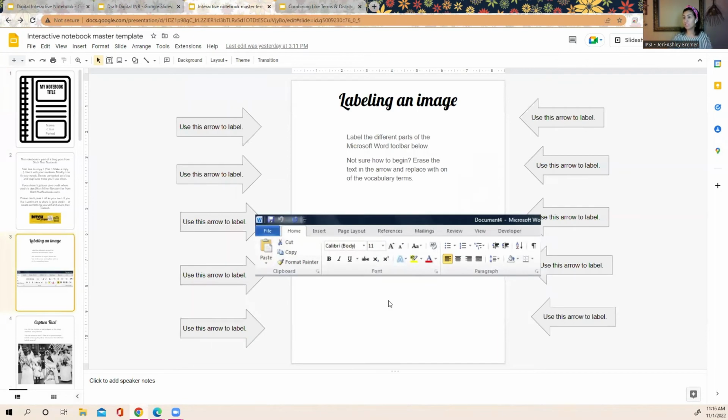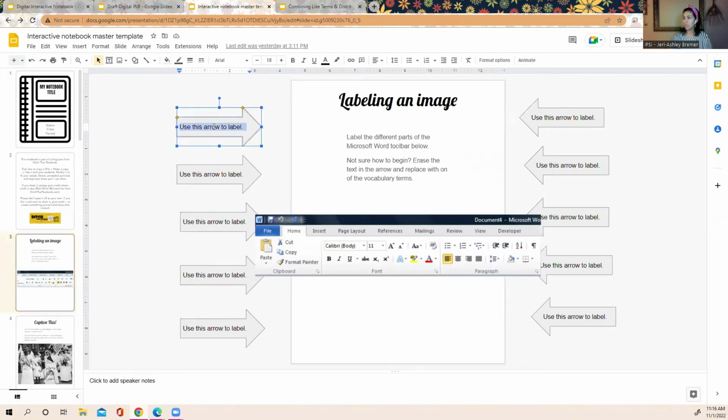So for a CTE computer science course, as students are learning a new program, you could have them label an image. So label the different parts of the Microsoft Word toolbar below. Not sure how to begin? Erase the text in the text box and replace it with the vocabulary terms. So this is an opportunity for you to either,